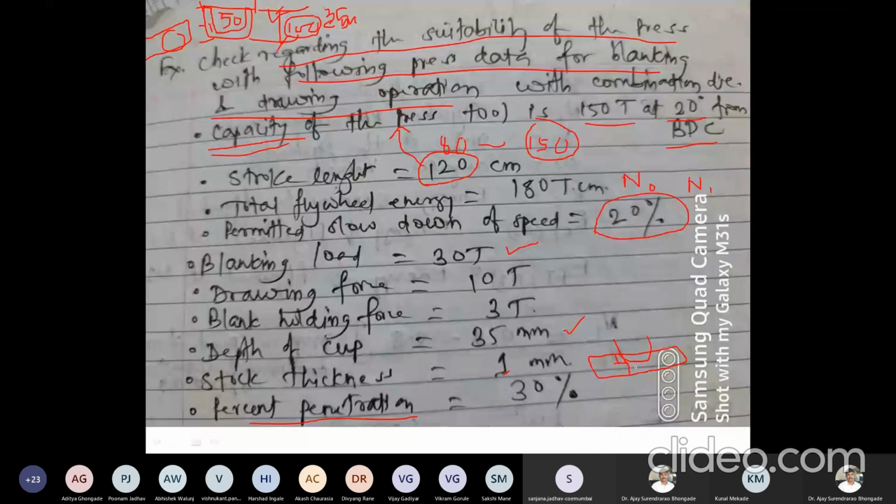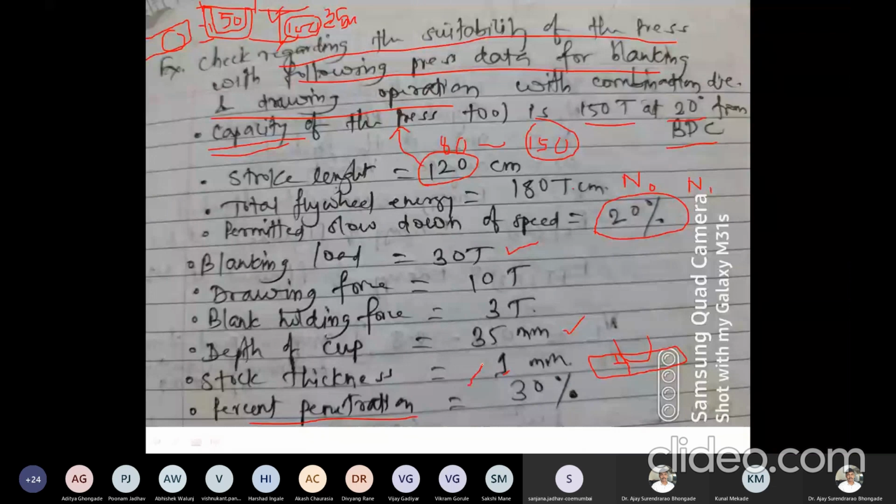The energy that is required is only up to the penetration depth. The force is required to cut the material, or it will be utilized during the penetration depth only. Rest of all, it is not going to absorb energy. It will simply move along with the punch. The effort is required only up to 30% of the thickness. So 30% of the depth, we can say 0.3 mm only, force is required to separate the material for blanking operation.